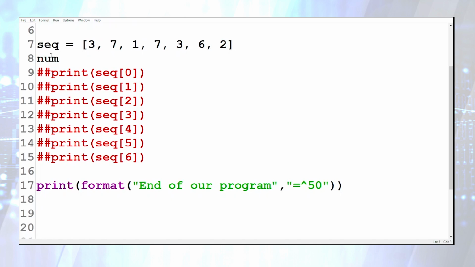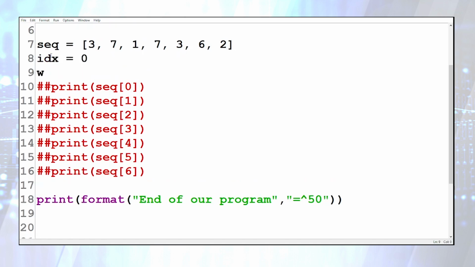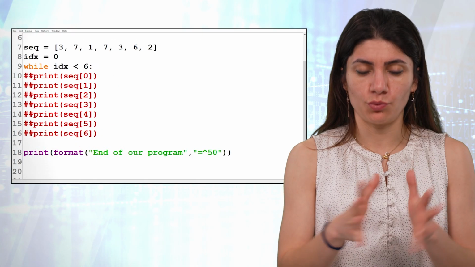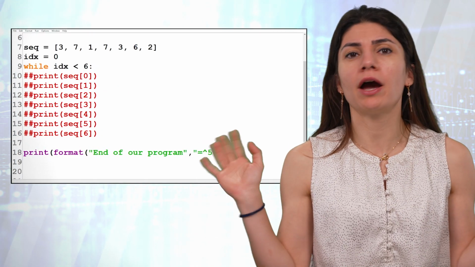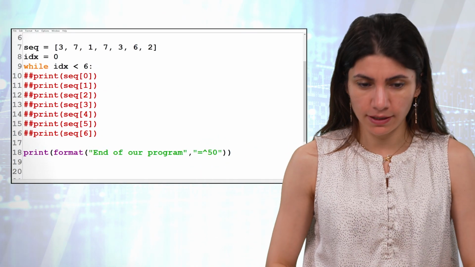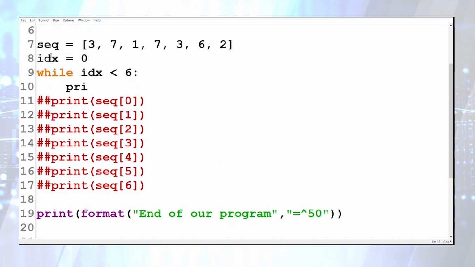So I'm going to call it idx, equal to 0. And then you're going to say while. And you're going to check your index number to see if it's less than 6. Should we say less or equal to 6 or less than 6? Think about it. Put the right one. But for now, I'm going to put idx less than 6. And then I'm going to say print